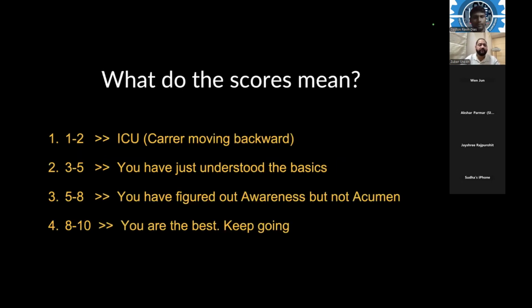If your score is between 1 to 2, your career is not moving anywhere. Or your knowledge, if you don't want to make a career but at least want knowledge about digital marketing to grow your business, then you don't have sufficient knowledge. If you have a score between 3 to 5, you understand the basics. A score between 5 to 8 means you have figured out the awareness, but you don't have the acumen. You understand digital marketing, you know its importance, you want to do it, but you don't know how to execute it. And the 8 to 10 score is basically the best, to keep it up. And if